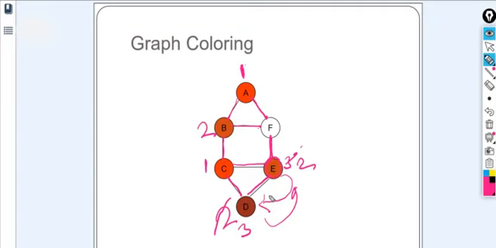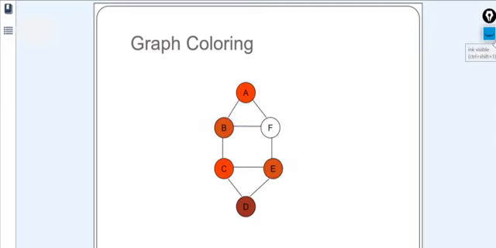Of course you have also played games like this, so it's very easy and simple to understand actually. So here now color number 2 is there. Now what about the F? Now color number 1 and color number 2 cannot be aligned to the node F, but color number 3 can be there, right? So we can fill the color number 3 here on the F node. So finally we got the solution over here.